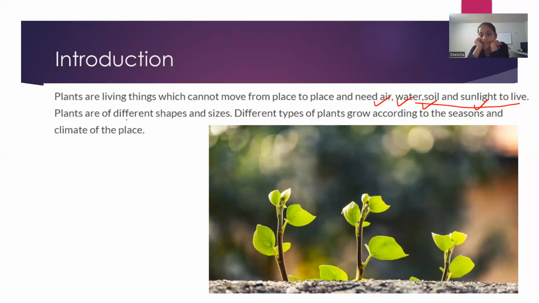Fine. So plants are of different shapes and sizes, and according to the seasons, they grow. Just like grapes, or mangoes. Mangoes grow only in the summertime, whereas grapes and oranges grow in the winter time. Correct, Diksha? Correct. Right? So according to climatic conditions, if I say that I want to grow mango in Antarctica,